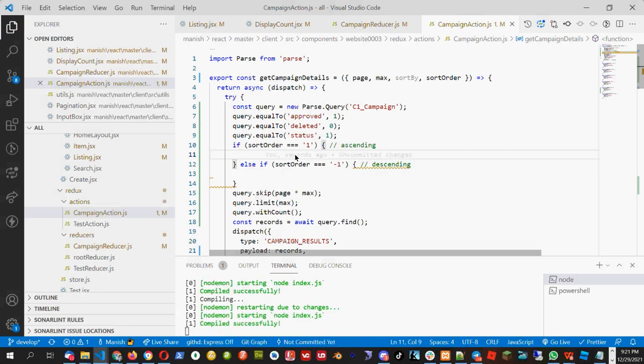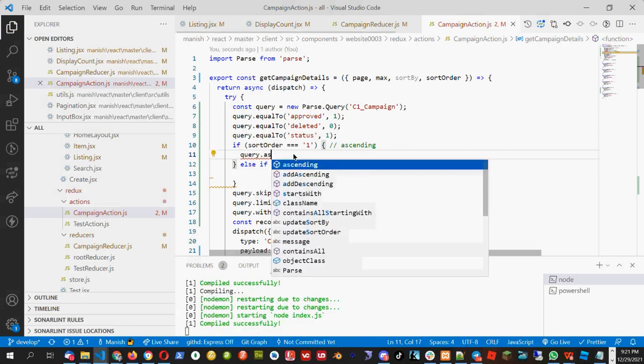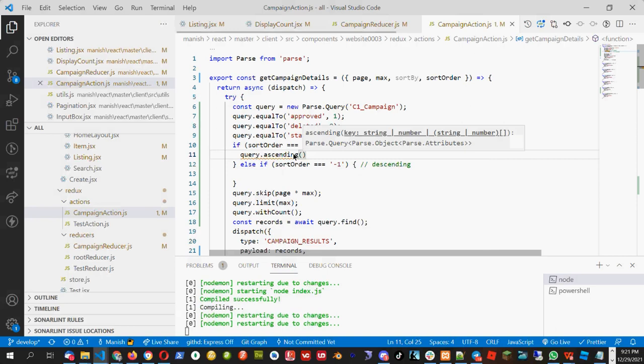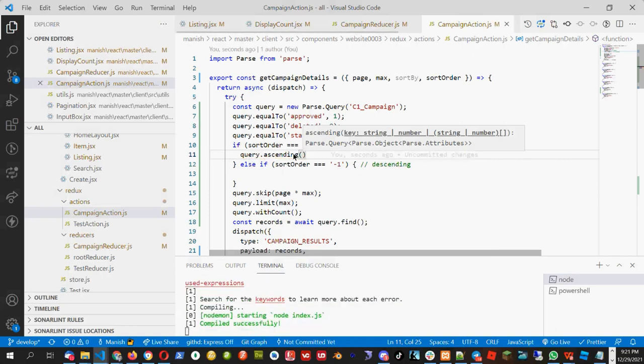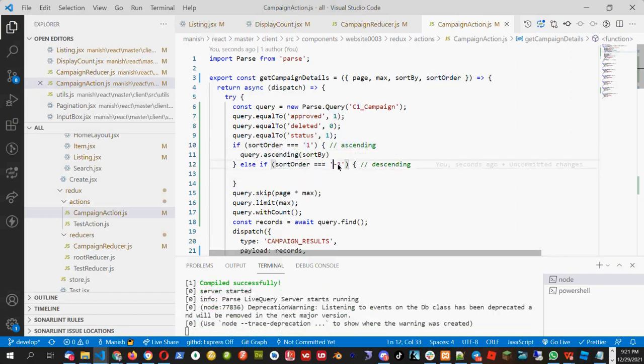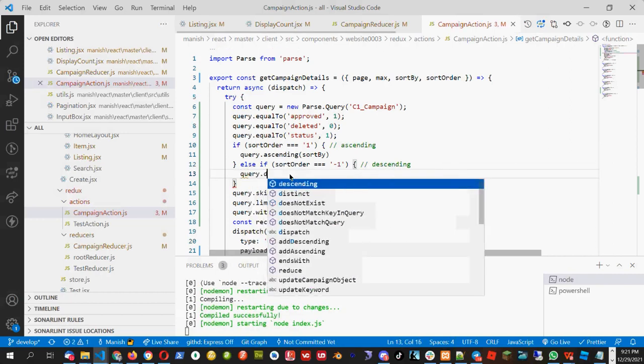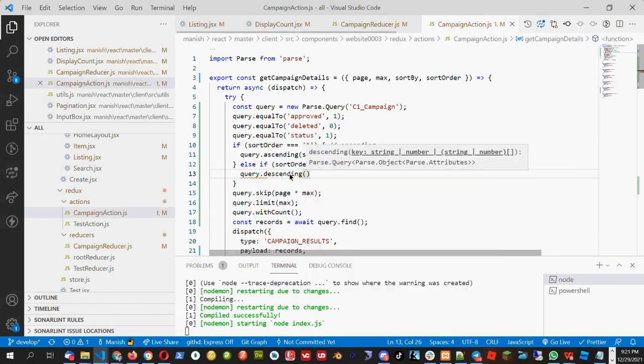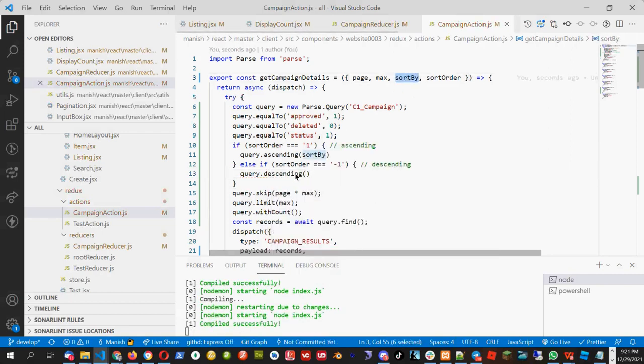If it is ascending, I will call query dot ascending, and here I have to tell which sort by what, so I will pass sort by. Similarly, if sort order is -1, I have to call descending, and here I have to pass sort by.